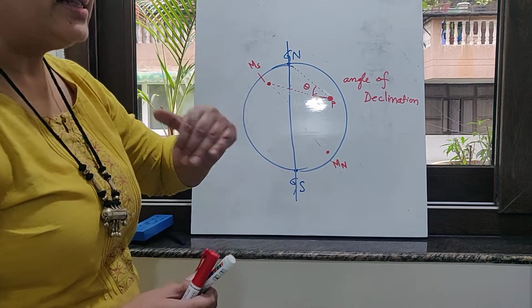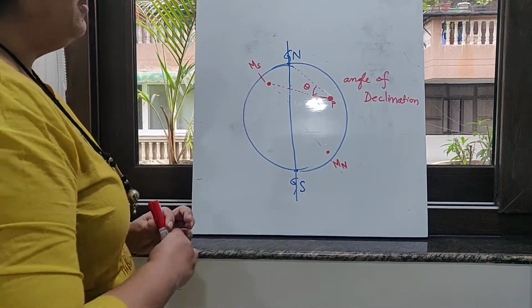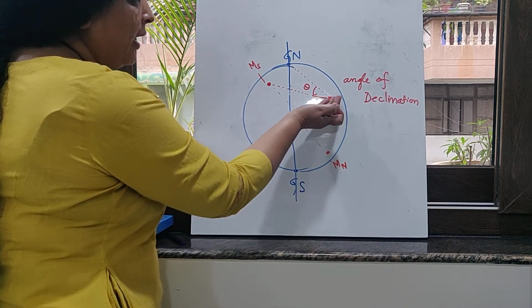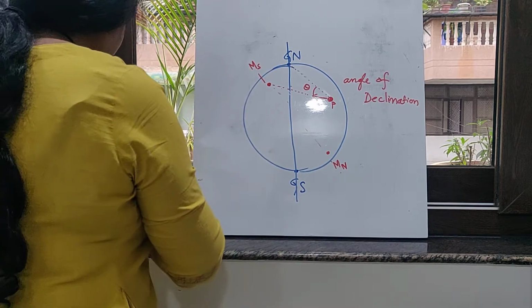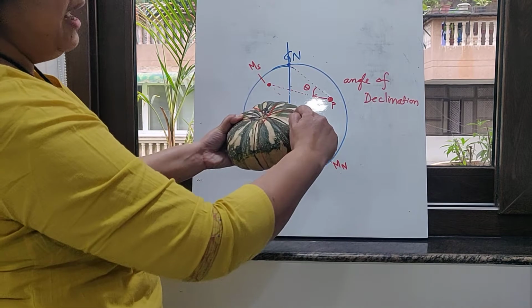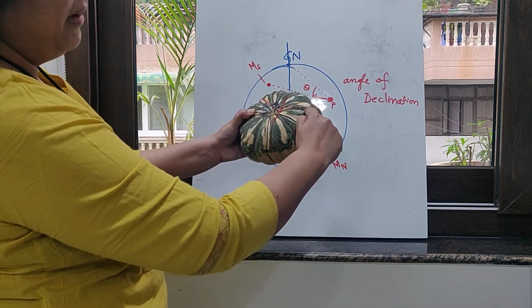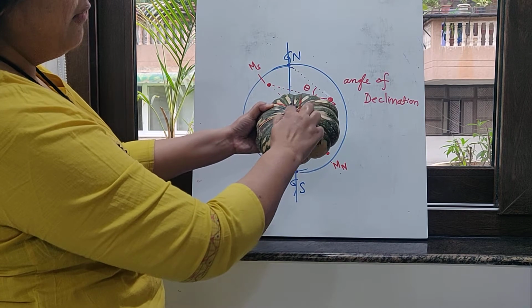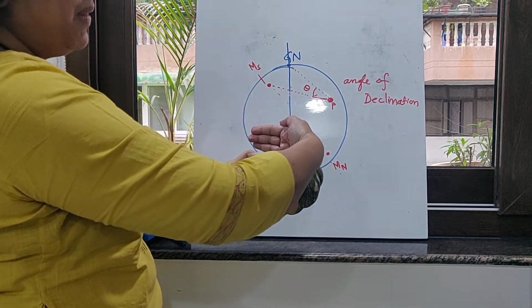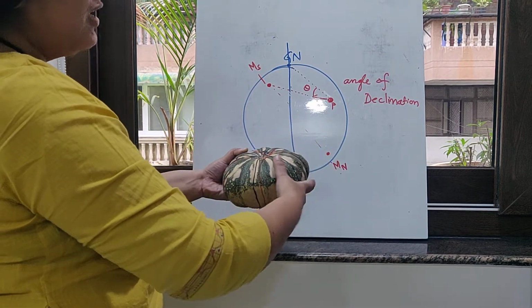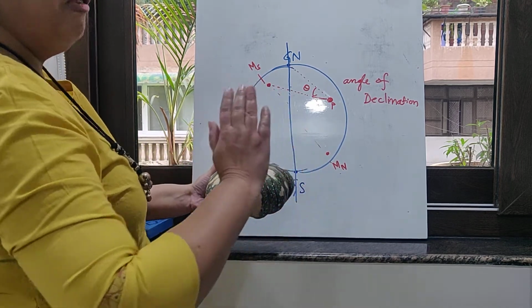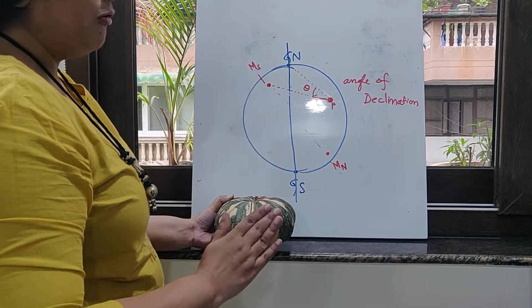Now, in order to understand the textbook definition, at this particular point, suppose this point is here on the red mark, you can draw a circle like this. This circle can have a vertical plane passing through it which contains the point P. That vertical plane, which contains this point and this axis, will be the geographic meridian of the earth.